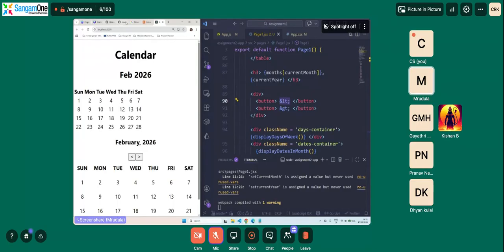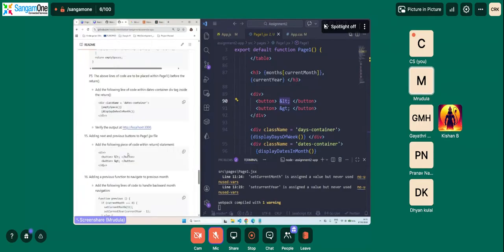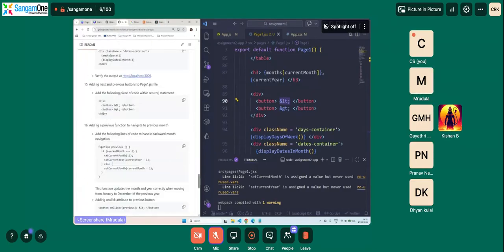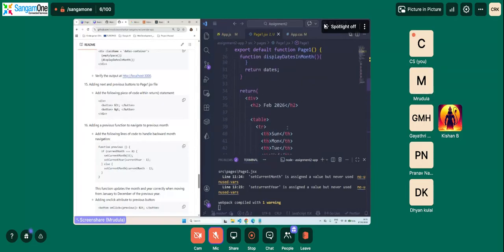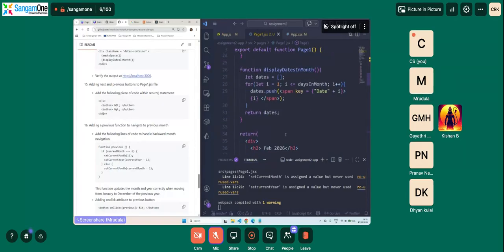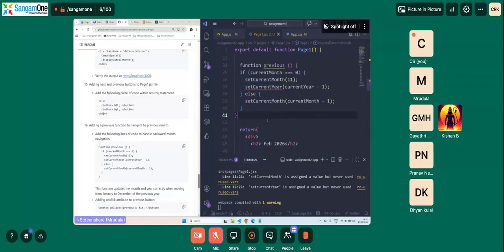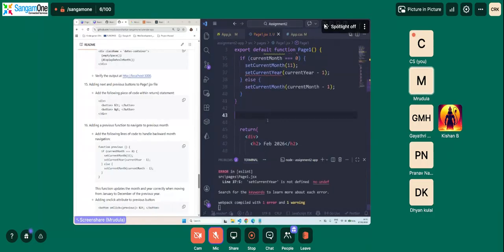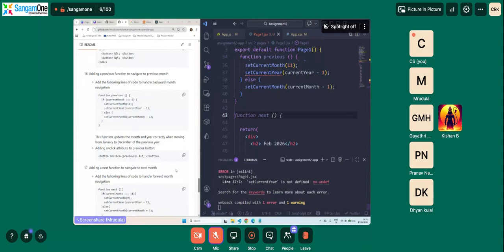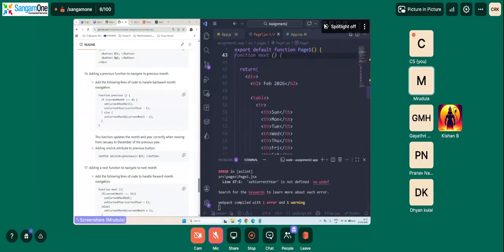Okay, so next what we need to do is we need two functions called previous and next. So what we will do is we will be adding these two lines of code here, and then we will have an onClick for this.